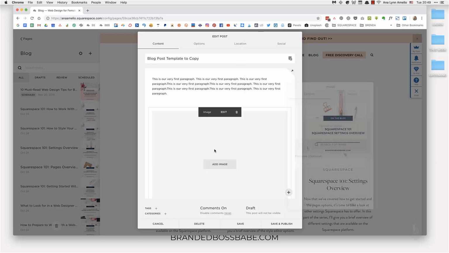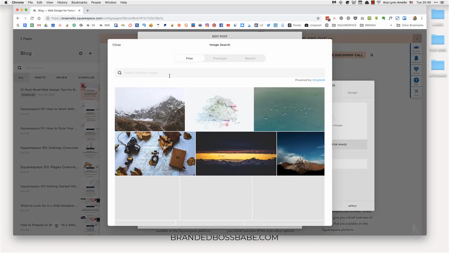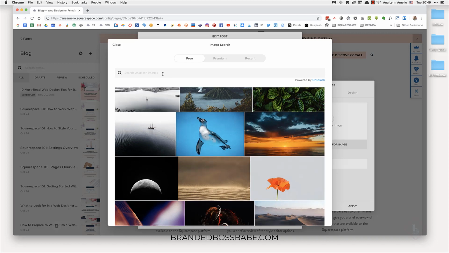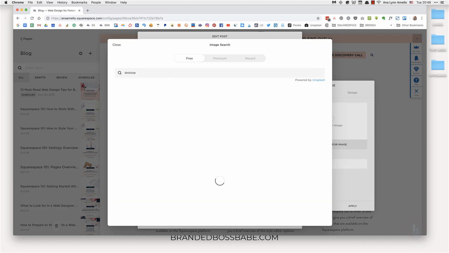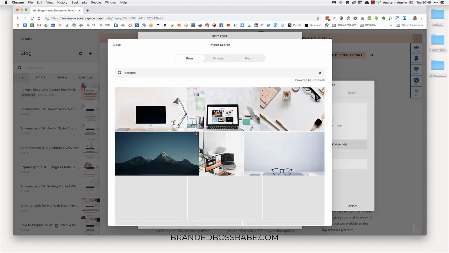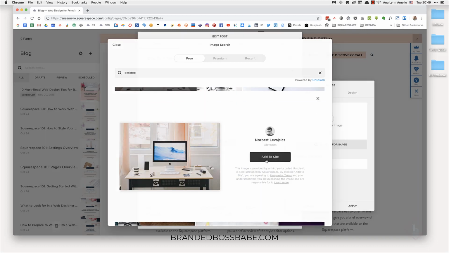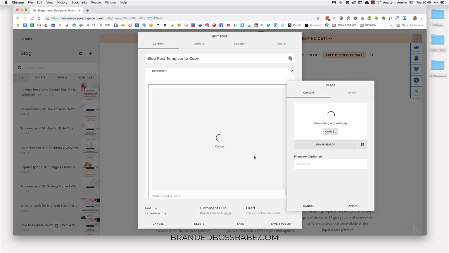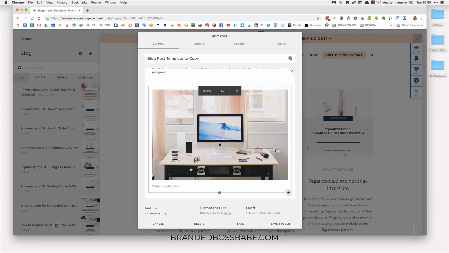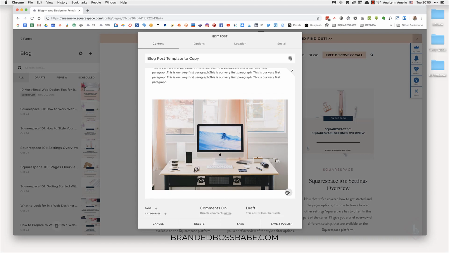So we're going to add an image, and thanks to Unsplash integration, let's search for desktop, for example, because I really do love desktop images. So let's go with this one. This one kind of sort of matches my vibe. And now that it's finally done processing, click apply. Now you can just continue adding new elements. So you can do that by clicking the teardrop or clicking the plus sign,